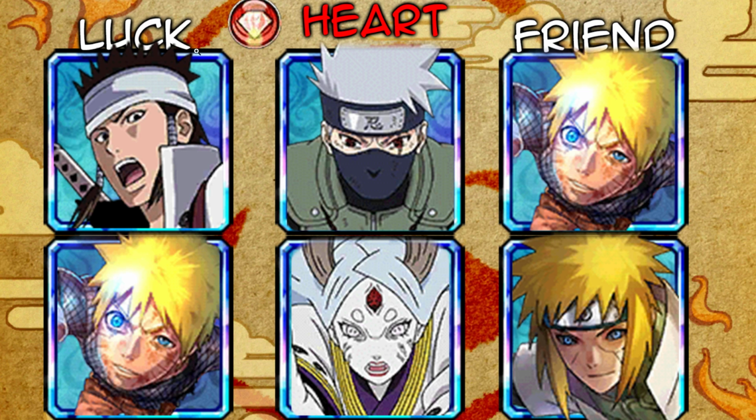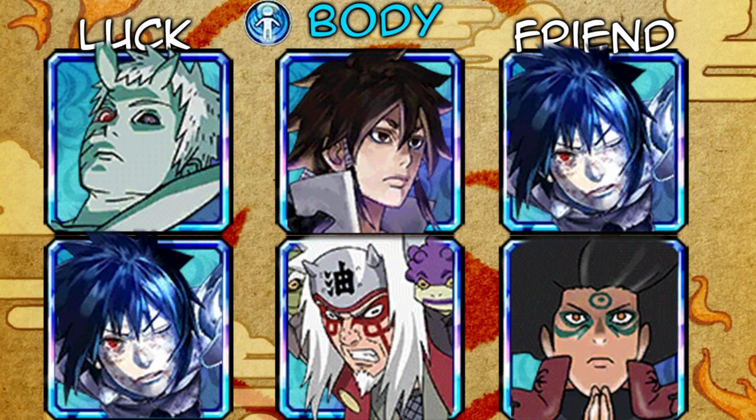Moving on to Body. Body got a couple of changes because of the new free-to-play Obito that just came out. He is a healer, so he can be put in the team, and he also has a field attack boost as well for Body. Indra came out as the Blazing Festival, and he's in the middle because you would start